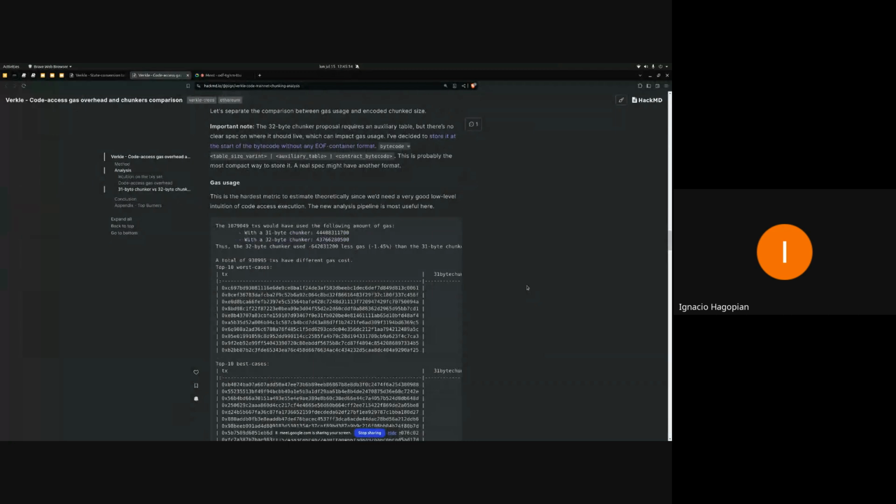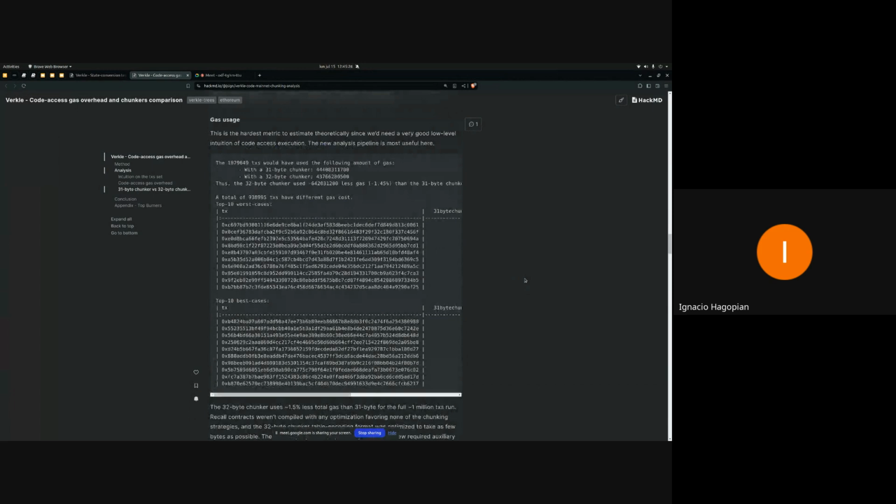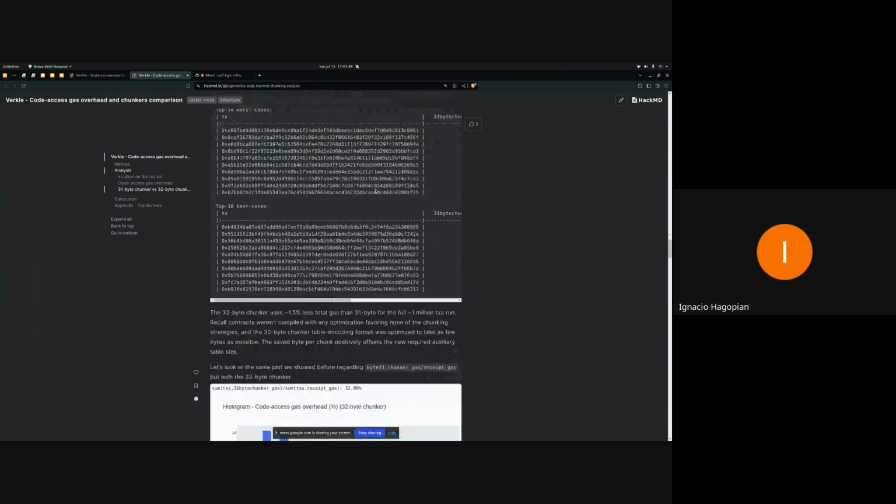The first one is whether using one code chunker or the other makes any difference on the gas usage for a transaction. And the conclusion here is that the 32-byte code chunker uses around 1.5% less gas than the 31-byte code chunker. So it has an improvement. It isn't like a super crazy improvement, but it's at least 1.5%. And the other